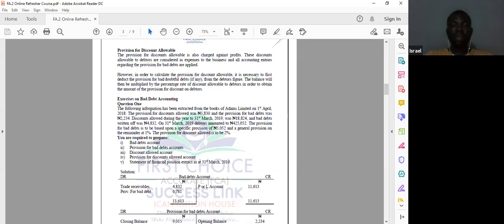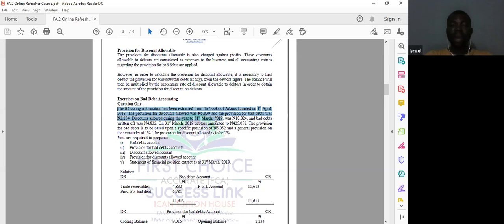The following information has been extracted from the books of Adams Limited on 1st April 2018. The provision for discount allowed was 5,830. The provision for bad debt was 2,234. Discount allowed during the year to 31st March 2020 was